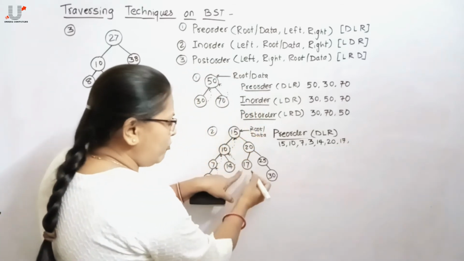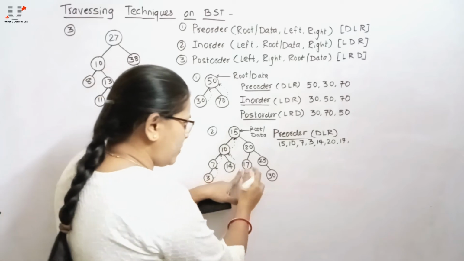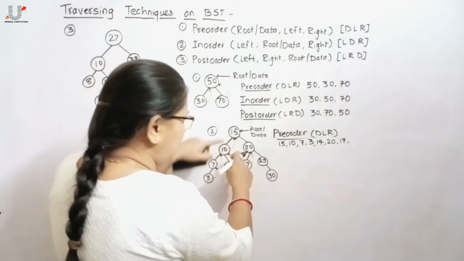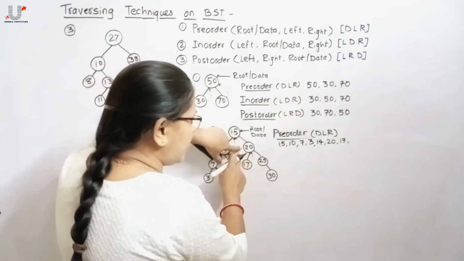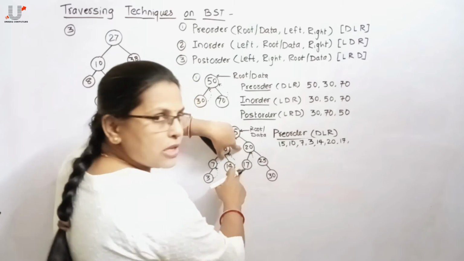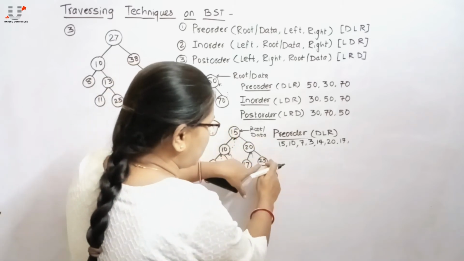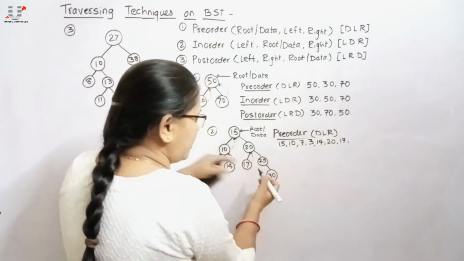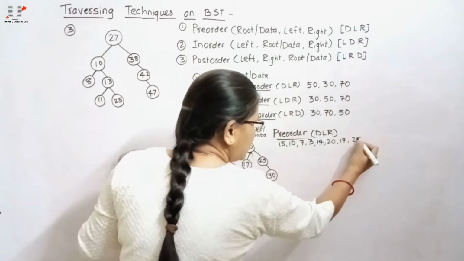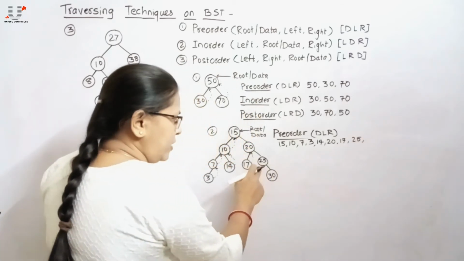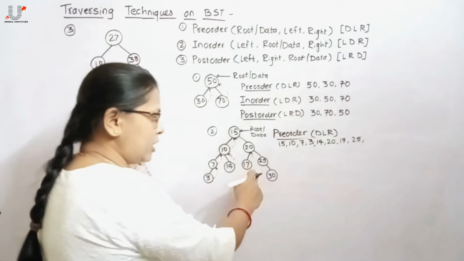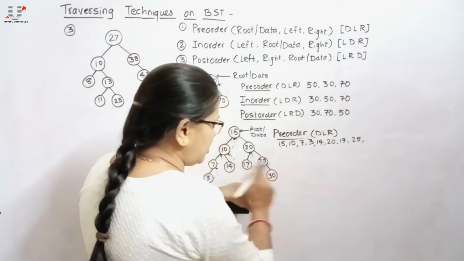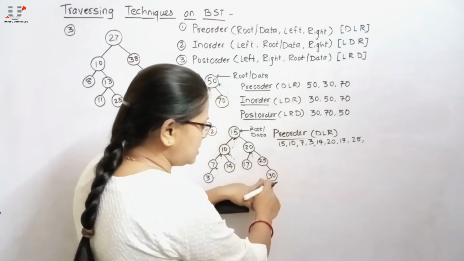Then as no left and right subtree is present for this 17, the control will transfer to its parent. Again as data and left have already been processed, the control will transfer to the right subtree, and on that right subtree apply DLR. Data itself, that means 25, gets displayed. Then check whether it has an unprocessed left subtree. No, there is no left child for 25. So the control will transfer to the R subtree, that means the right subtree.